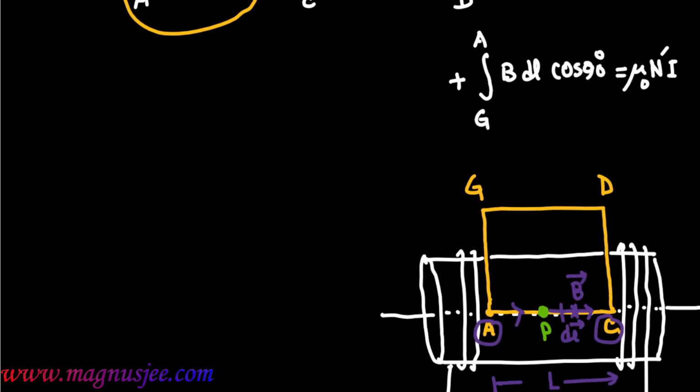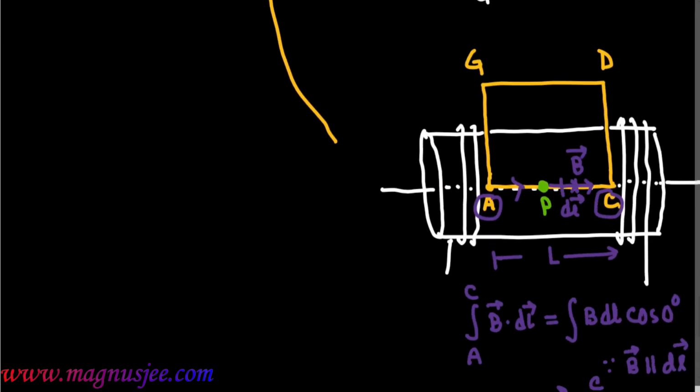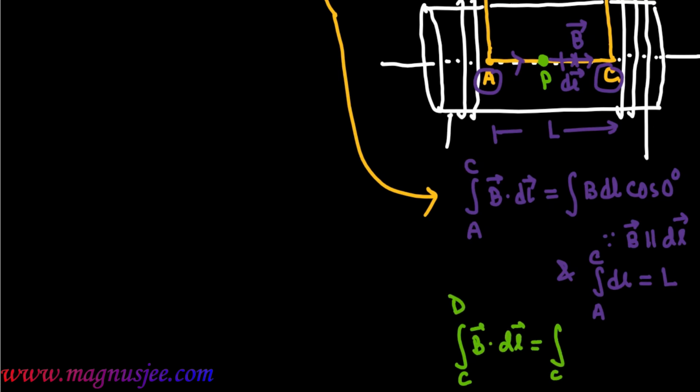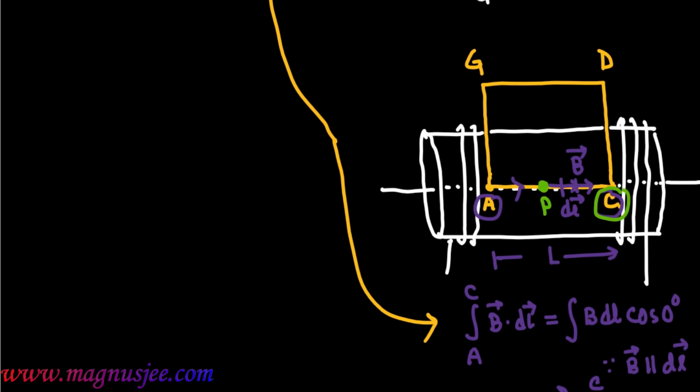Now integration A to C of B dl cos 0 degree is explained in this way, and integration C to D of vector B dot vector dl is integration C to D of B dl cos 90 degree, because from C to D